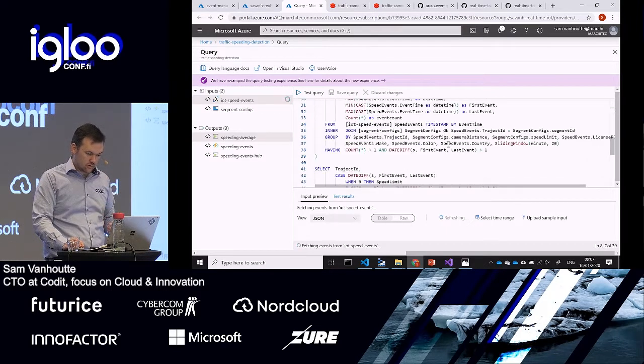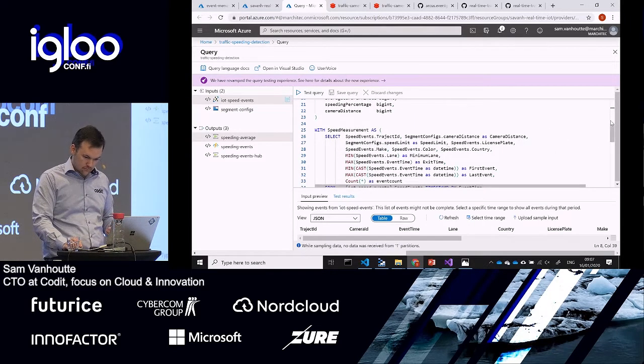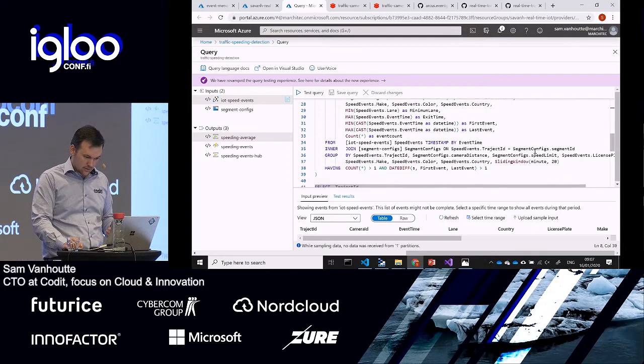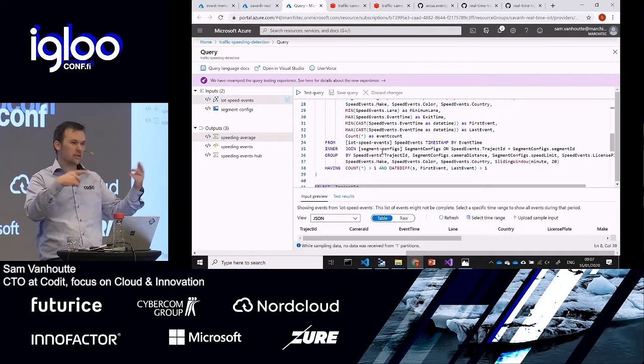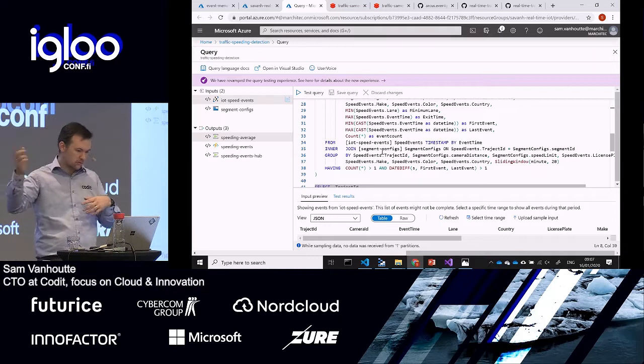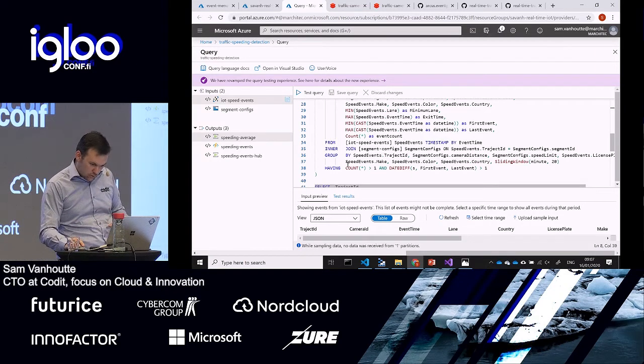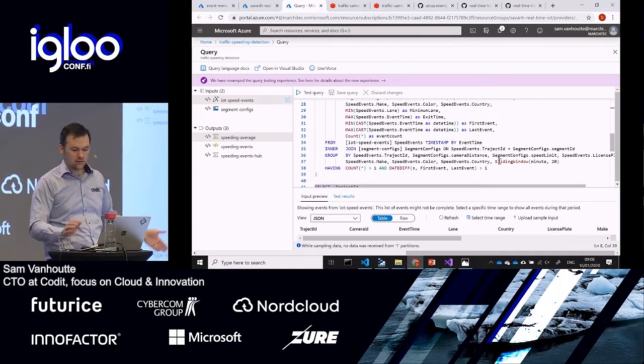This query is detecting, in this case, I'm joining with segment configuration and so on, which is coming from Blob. But the most important thing is I do a group by, and I group by the trajectory, so the segment, the camera distance, and so on, and I do that by a sliding window.